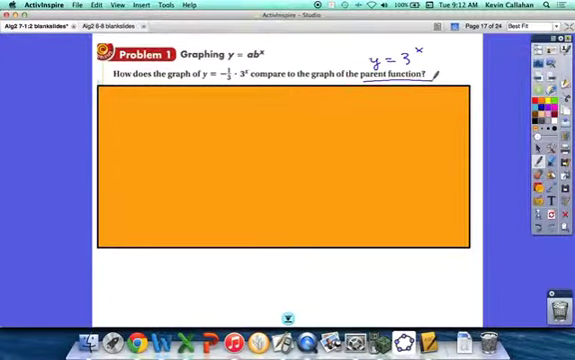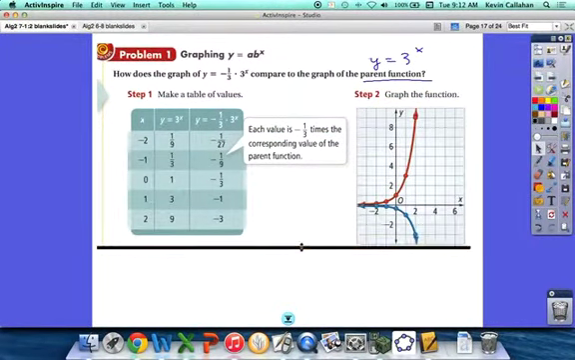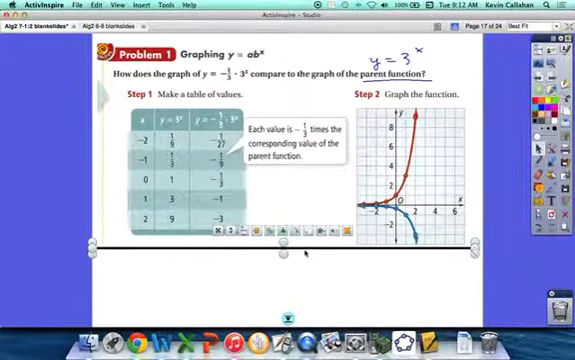All we really want to know then is, what about this -1/3? What 2 things is that doing to the parent function? The negative is a flip, and the 1/3 is a compression. That's it. You just have to say those things. Flip, compression. So we're going to say flip,